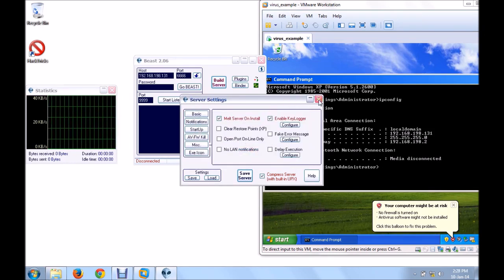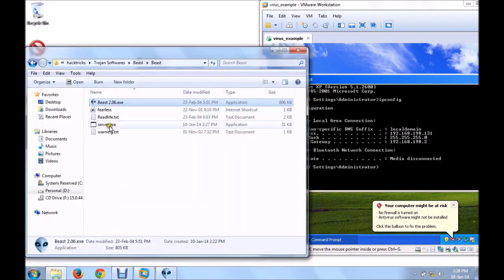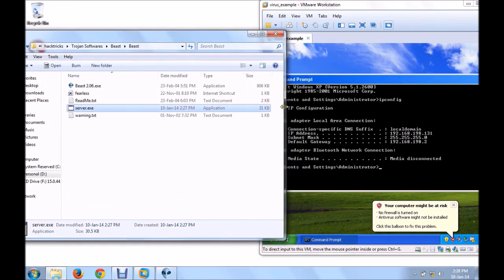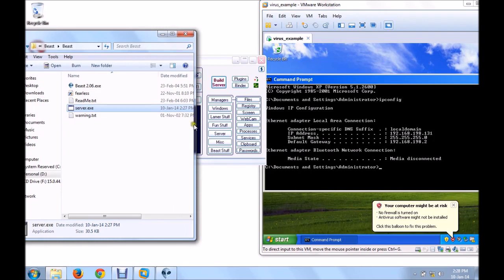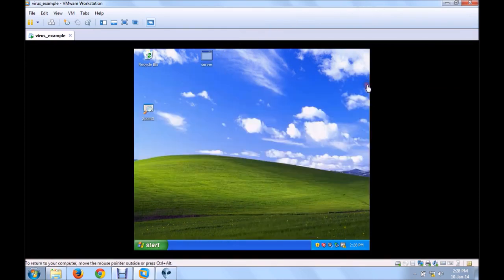Now where is this directory? This directory is the same directory. See this, the file with the name server is created in the directory. Now all you need to do is send this file anyhow to the victim's computer. Right now I'll be dragging it to the victim's computer. This is the victim's computer.